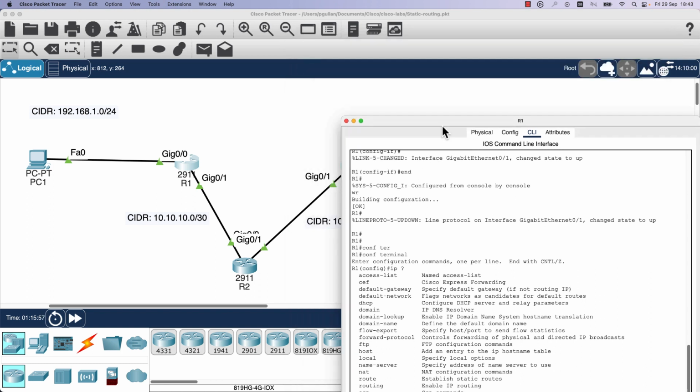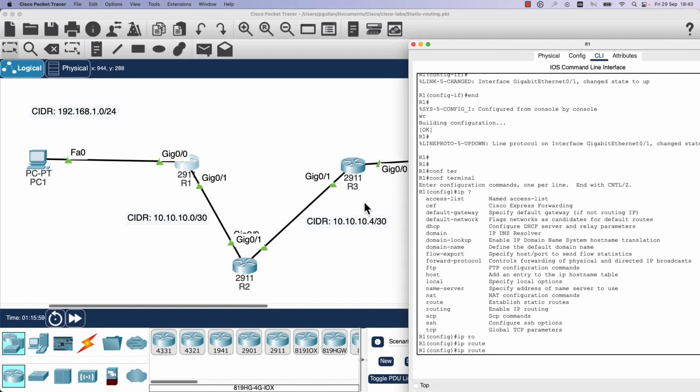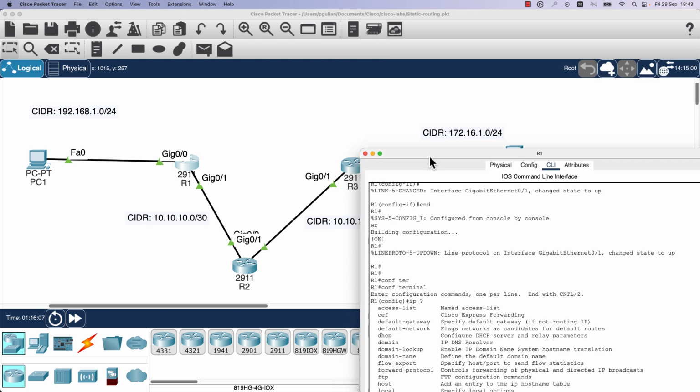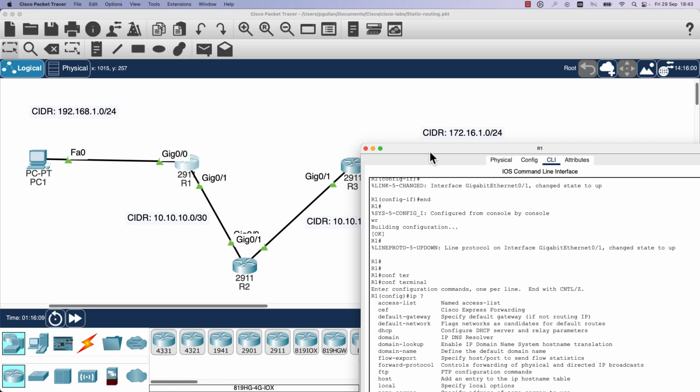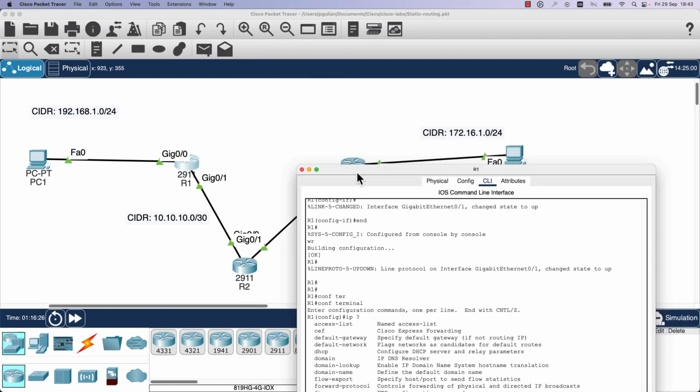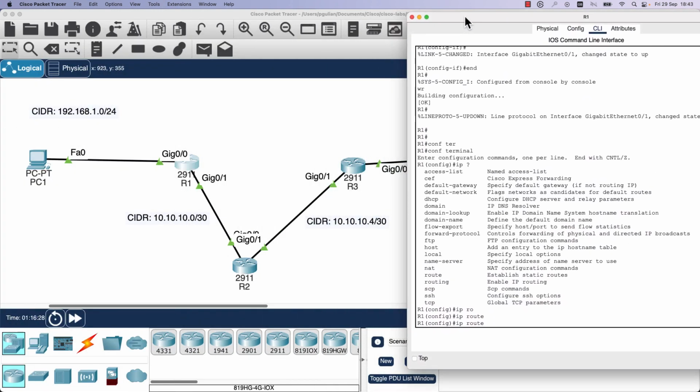We need to add the route for this subnet 10.10.10.4/30, and we need to add a second route for this side range 172.16.1.0/24. The next hop will be the router R2. In this case, the next hop will be the IP address 10.10.10.2. So let's start by adding the first static route, which is